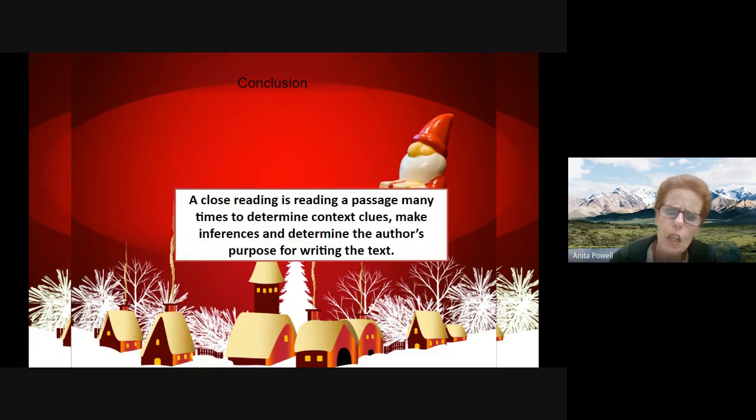So, in conclusion, a close reading is reading a passage many times to determine context clues, to make inferences, and to determine the author's purpose for writing the text, and the main idea. So, yeah, I think we've gotten some ideas here. You'll notice that on the very, very last page of your handout, and it should be the last of your little Google templates here,